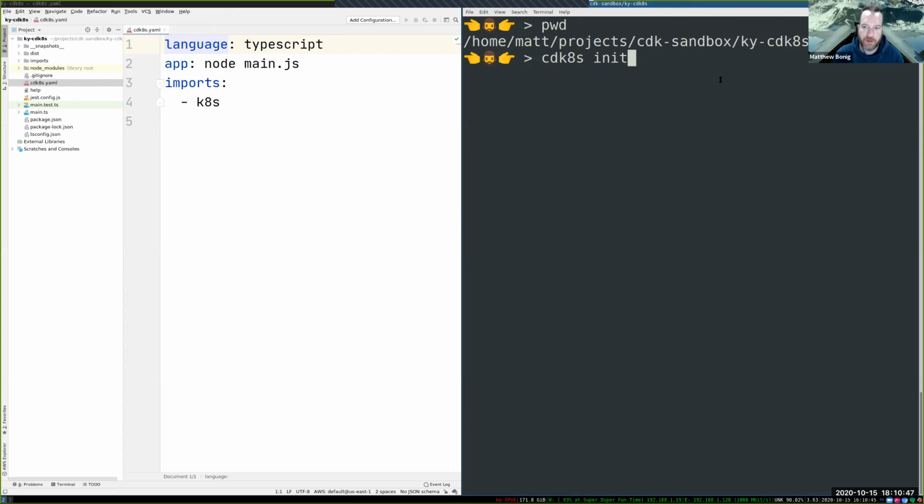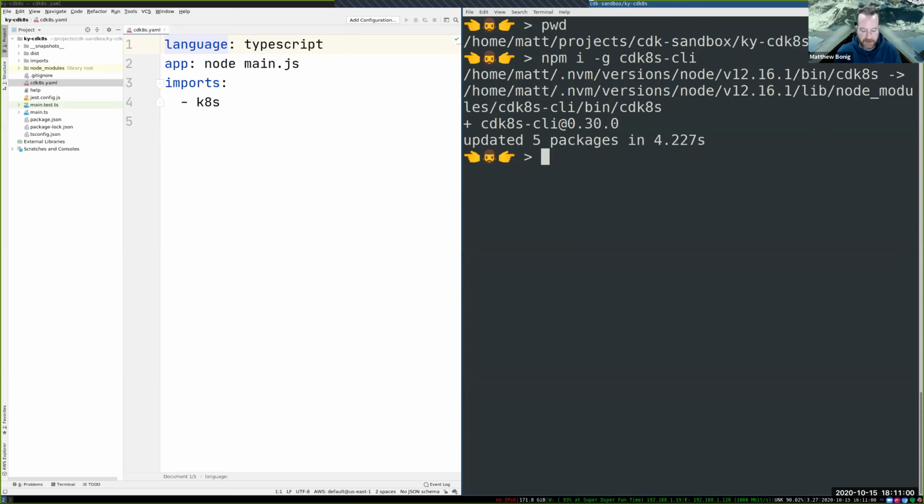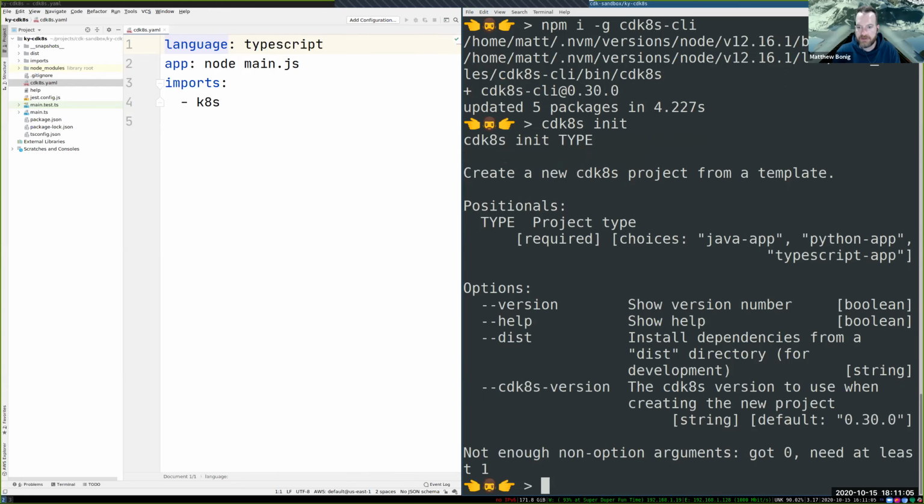So the cdk8s can be installed through an npm i -g cdk8s-cli. This will go out, grab the latest version, and install it as a global CLI tool. And then if you want to initialize a new project, you say cdk8s init, and then you can choose Java, Python, or TypeScript.